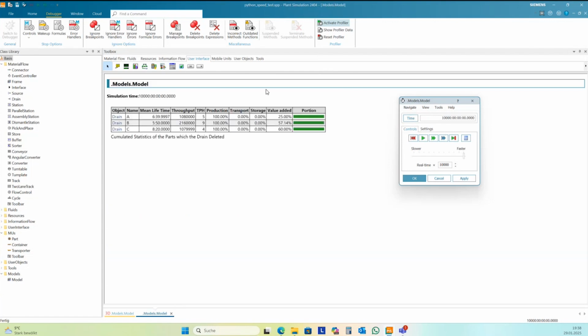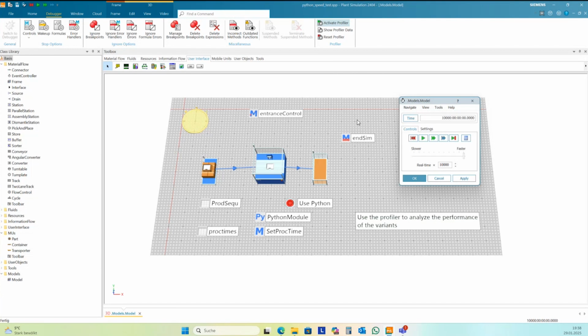And now I try this for the second variant with Python. I reset the profiler. And then I switch to Python and try it again with Python. And it takes longer.